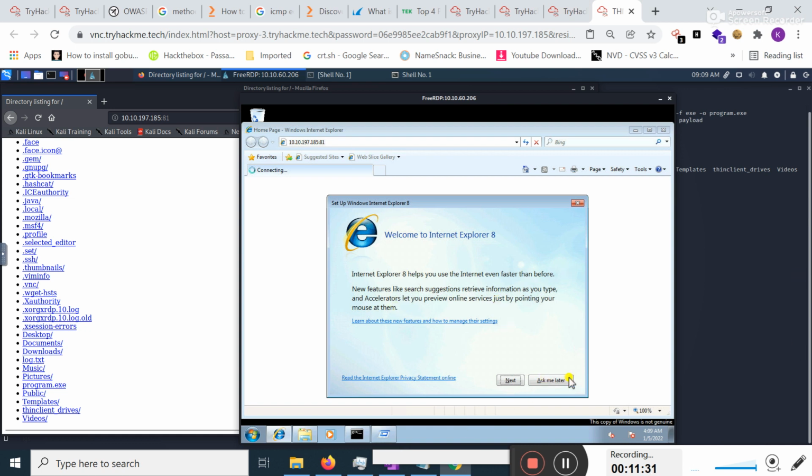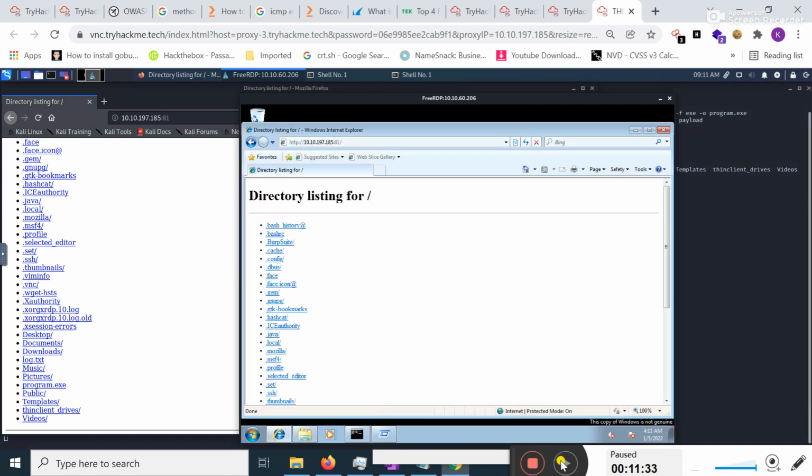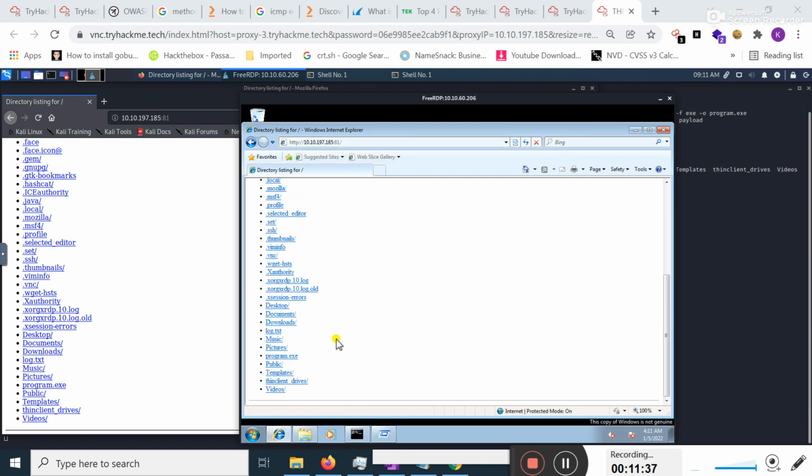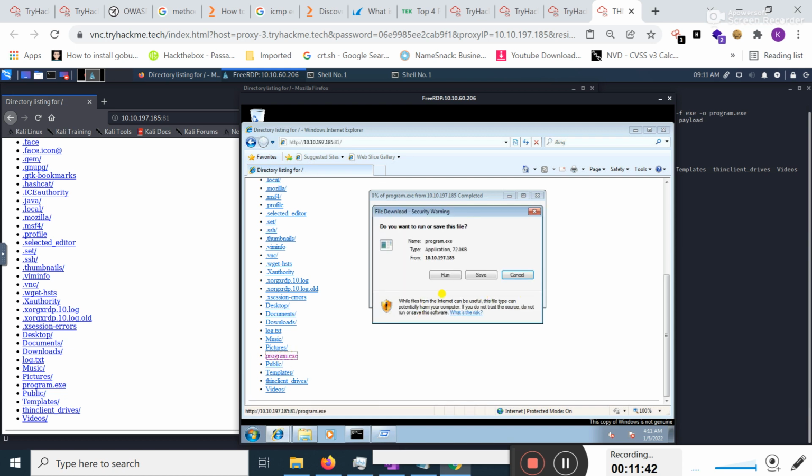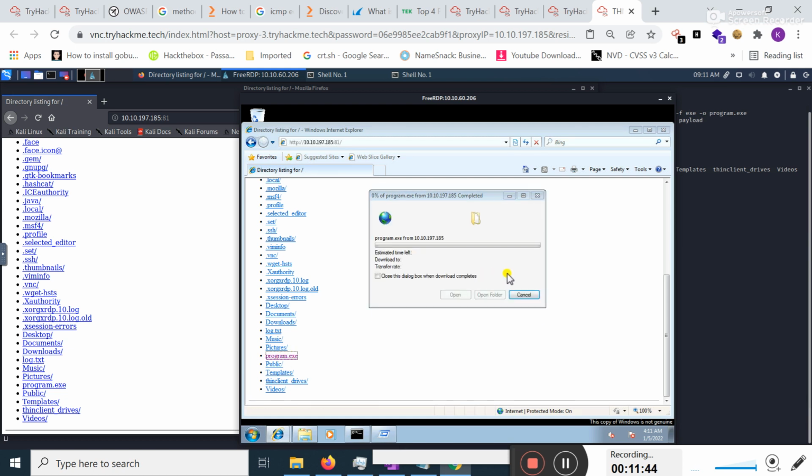You can see when I browse this URL on port 81, now it's time to save program.exe on my victim machine. I just click on this and click on the save button.